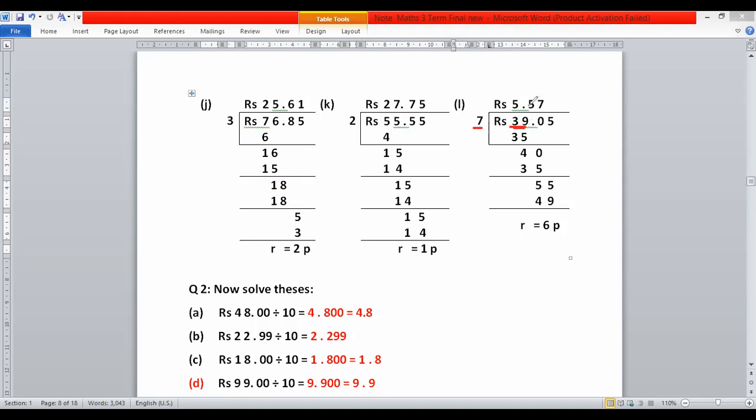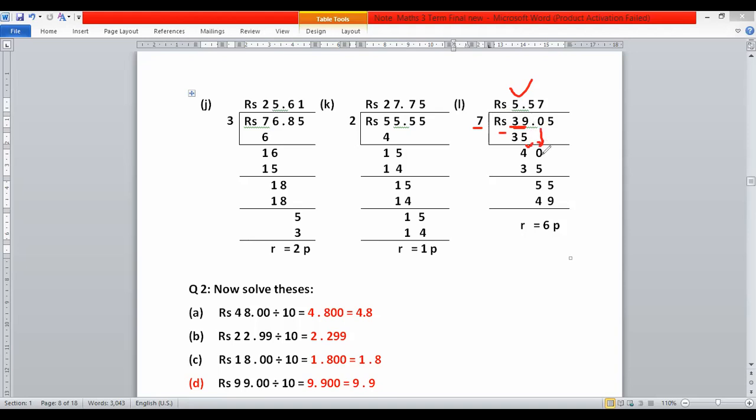Count the table of 7. When we multiply 7 by 5, we get 35. 35 is the number that is very near to 39. And when we multiply 7 by 6, we get 42. So we exceed the number. Therefore, dear students, remember that this number should be less than or equal to 39. So 7 5s are 35. Subtract 35 from 39. We get 9 minus 5, 4.